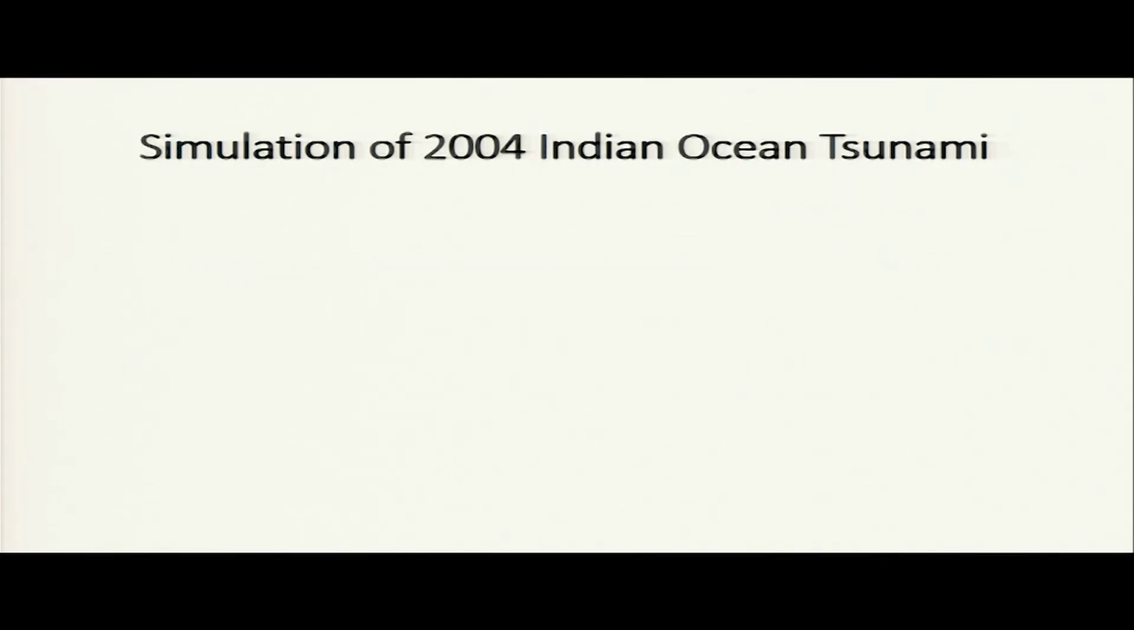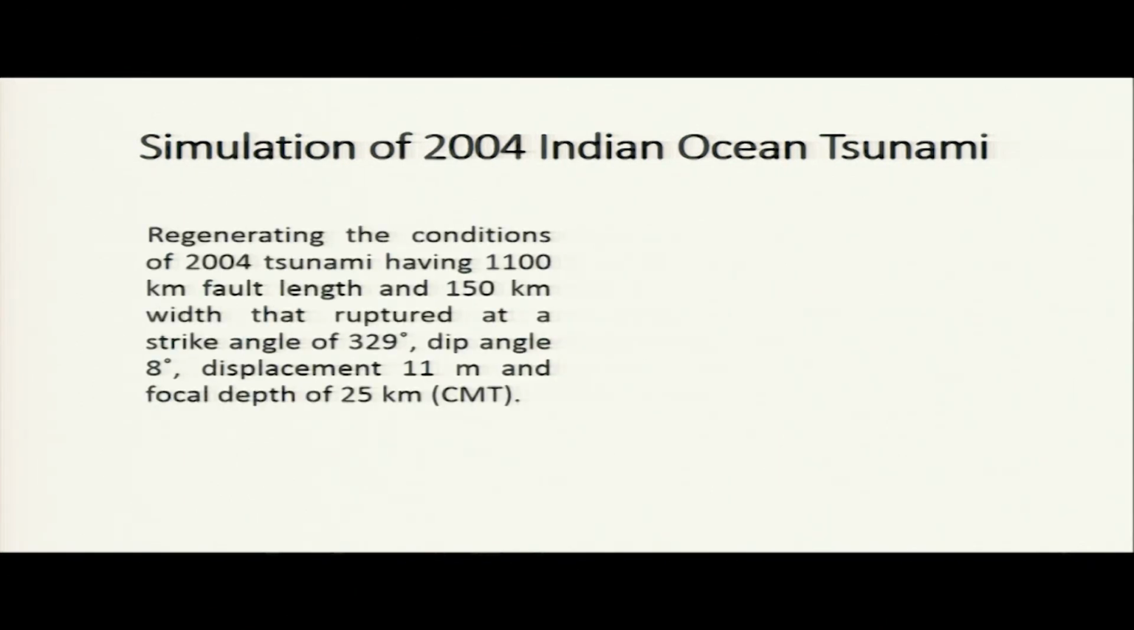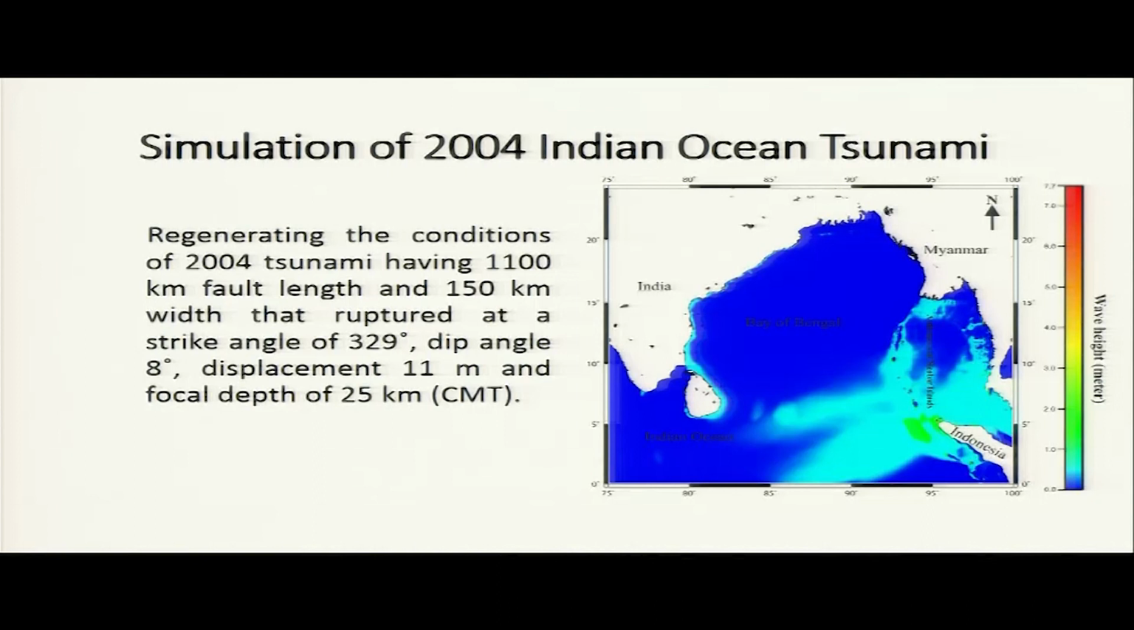So, as I have told, we are simulating the 2004 Indian Ocean tsunami. So, this was the tsunami which got generated during the 2004 Indian Ocean earthquake, regenerating the condition of the 2004 tsunami having 1100 kilometer or 1300 kilometer fault length and 150 kilometer width of the fault that ruptured at an angle of 329. These are the fault parameters which I have given in the Namidown software to generate this tsunami, and you can